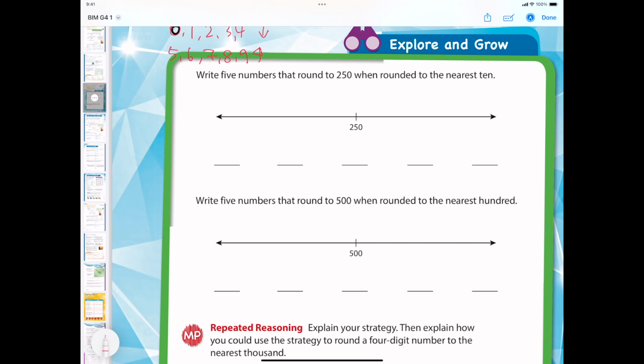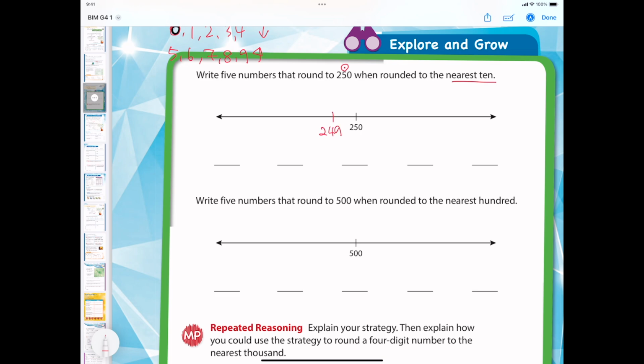Write 5 numbers that round to 250 when rounded to the nearest 10. Nearest 10, which means what? This is the target number, right? So the tens place. I'm going to move backward and forward and see which numbers round to 250. So the first number that I can use is, yes,